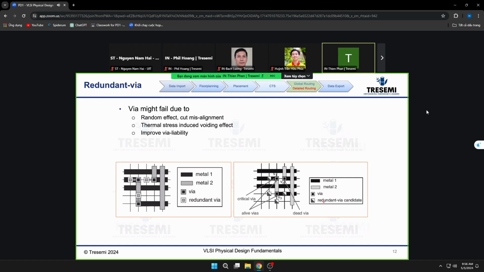If you look at via 1, there's only one little location here that we can add a redundant via. For via 2, there's no candidate, right? So that's why via 2,